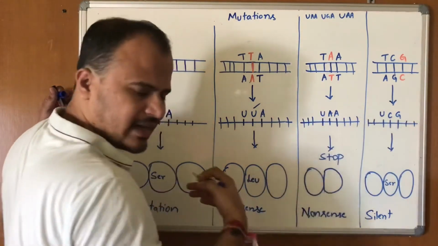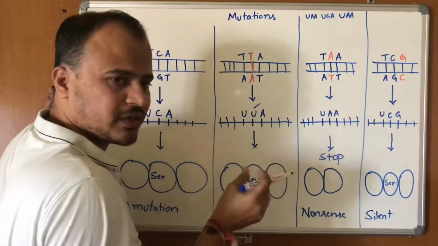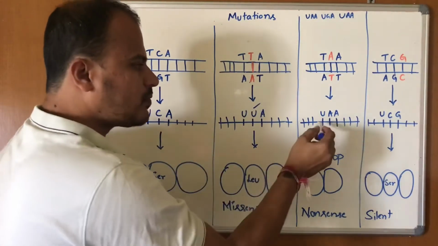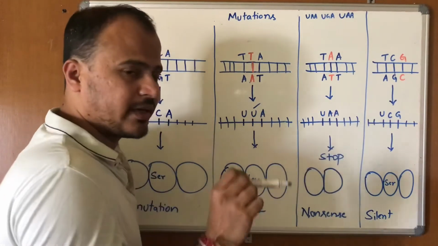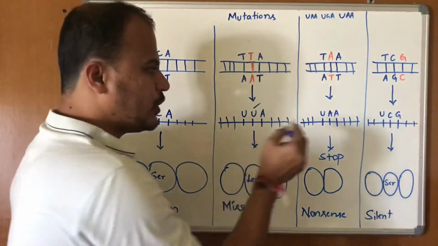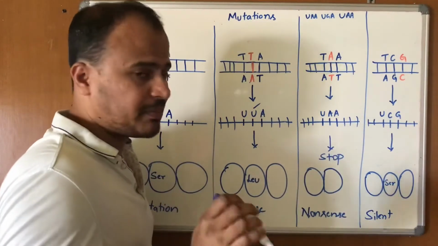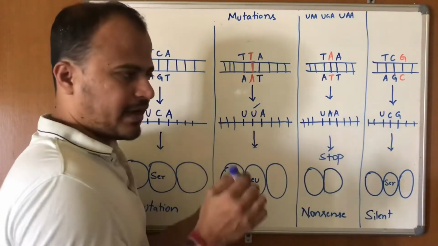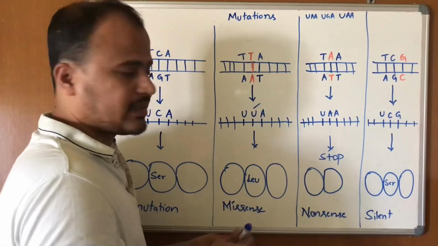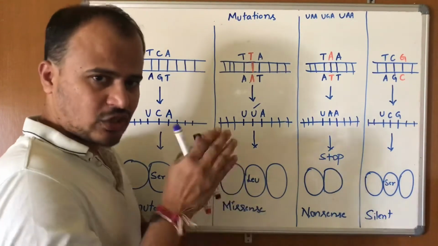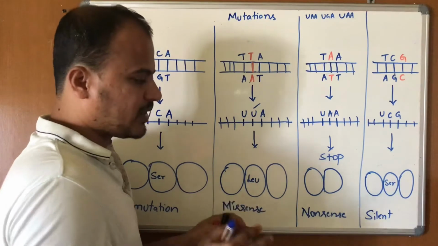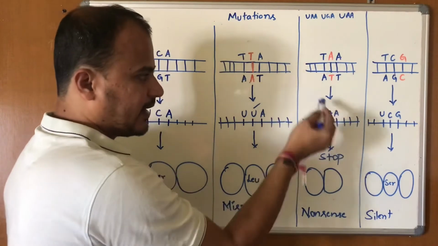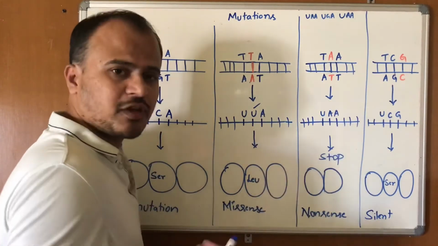Before and after there are several nucleotides. Just to explain a mutation simply, I have taken a single codon. In case of UAA, as we know, if you open the genetic code table, UAA codes for a stop codon. That means there is no amino acid encoded by UAA. Whenever the mRNA has a UAA codon, ribosomes stop their activity and protein synthesis stops immediately. So when there is a mutation in the DNA, it results in the premature termination of protein synthesis.